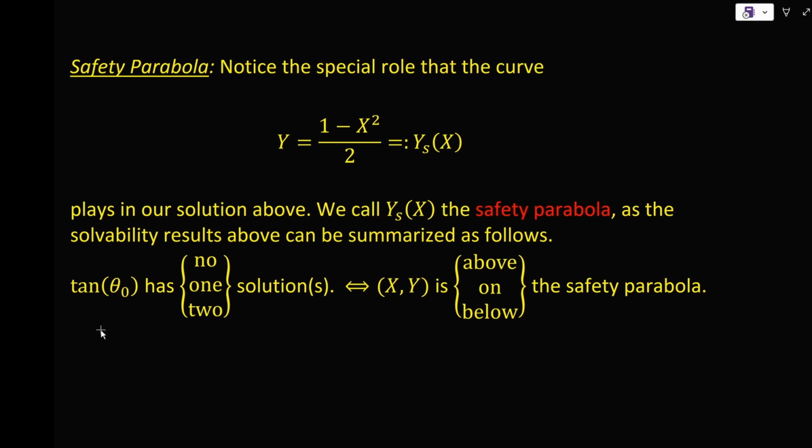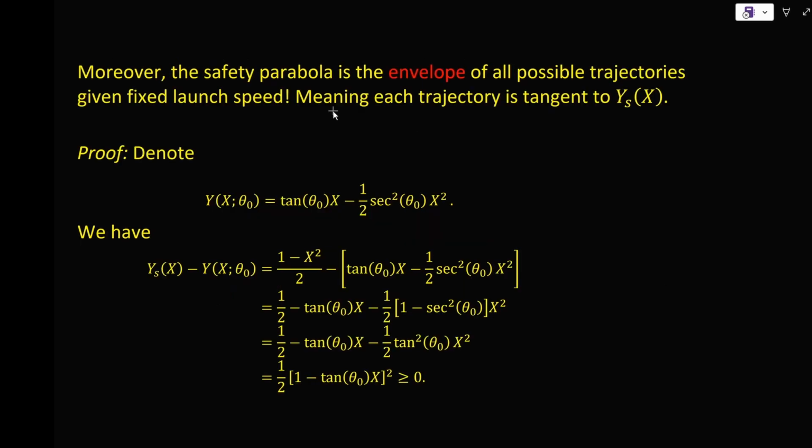And the launch angle will have two solutions, provided that the target is below the safety parabola. Moreover, we claim that the safety parabola is the envelope of all possible trajectories given a fixed launch speed, meaning that each trajectory is tangent to the safety parabola. And here's our proof. We denote an arbitrary trajectory specified by the launch angle theta naught as y of x, theta naught. We then take the difference between ys, which is the safety parabola, and y of x, theta naught,